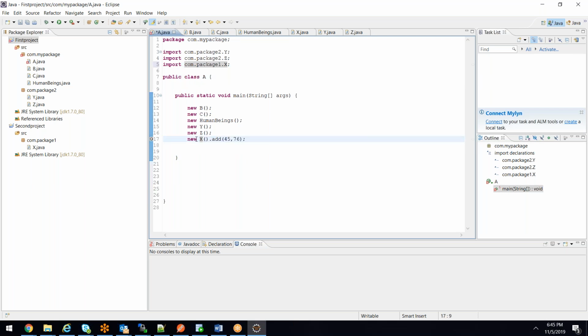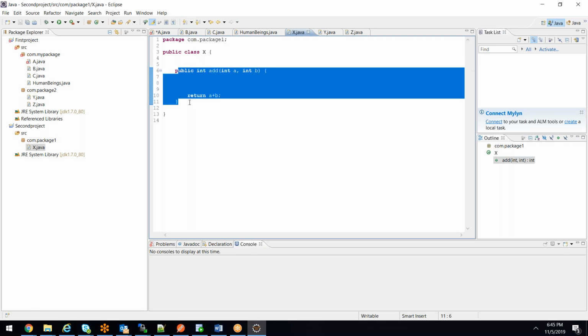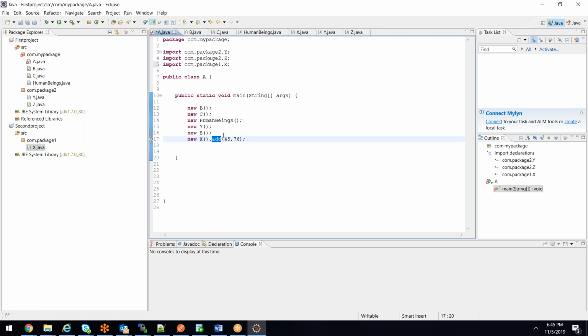So now you can create the object of class X, and using that object you can call the add method, because inside the class X there is a method called add method, correct? Yes. So now you can create the object of class X and call the method on that object, correct? Because I need an object to call this method, because this is an instance method, correct? I need an instance to call this method. Without an instance, I cannot call this method. So now I'm calling that method called add method.